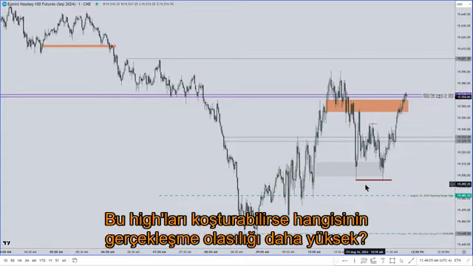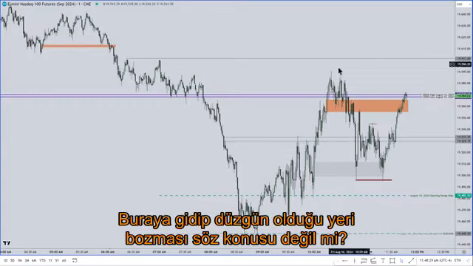Which one's more likely to occur? If it can run these highs, is it out of the question for it to go over here and upset